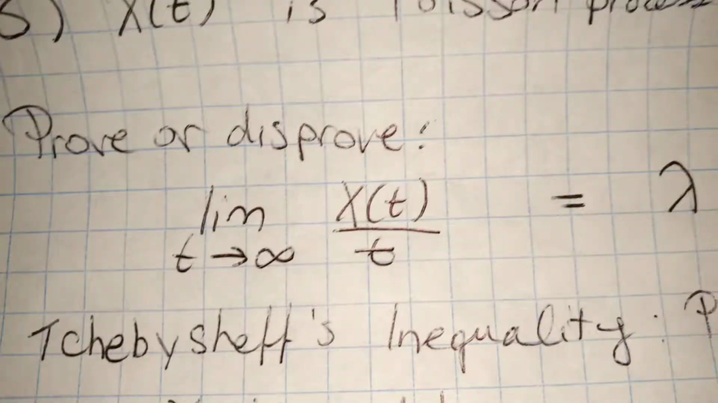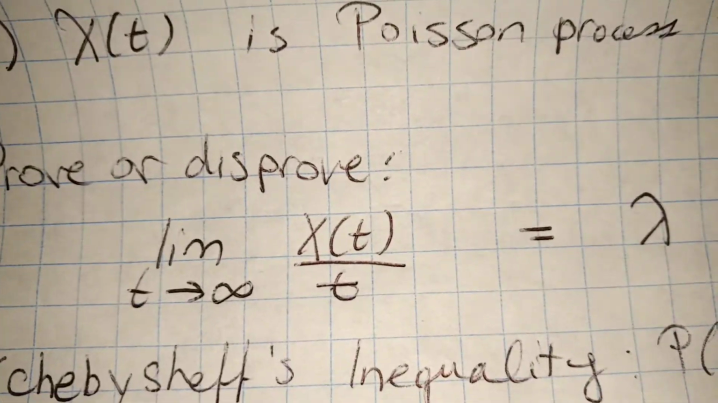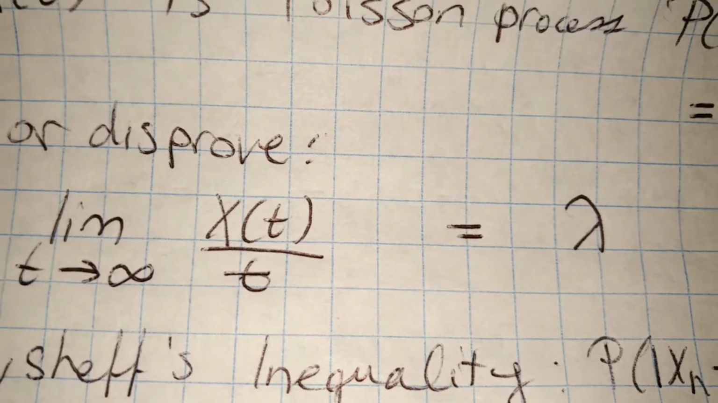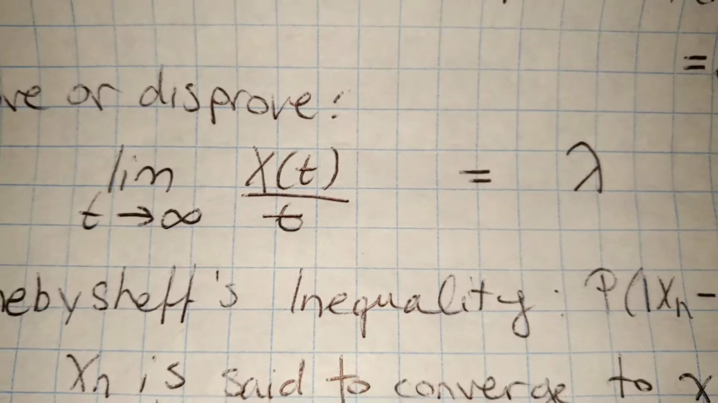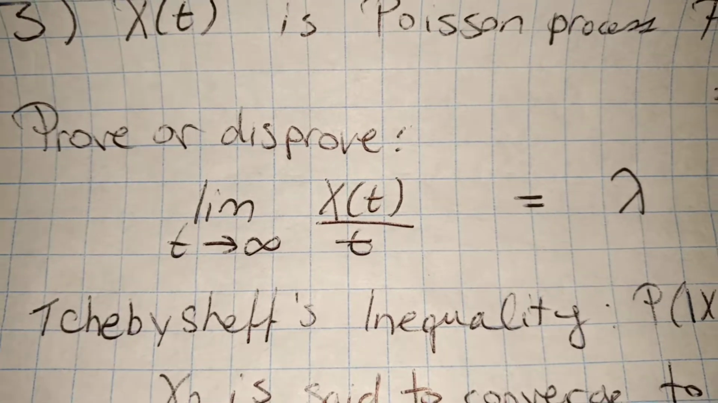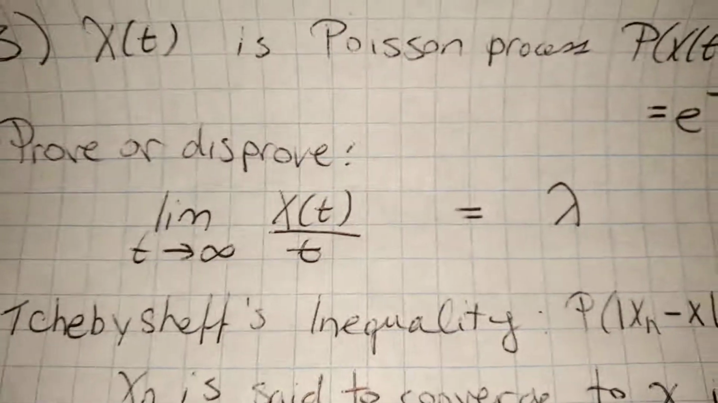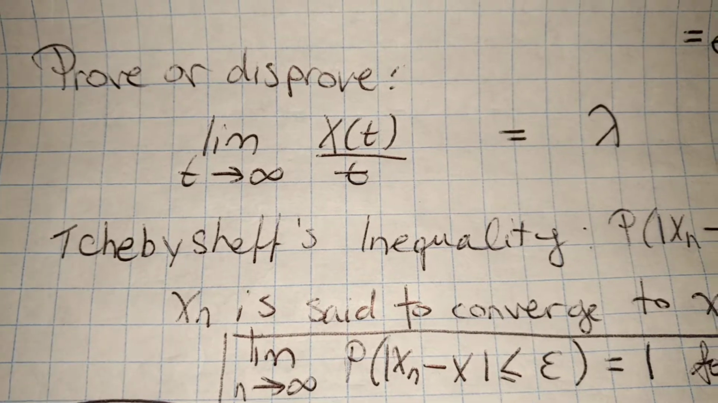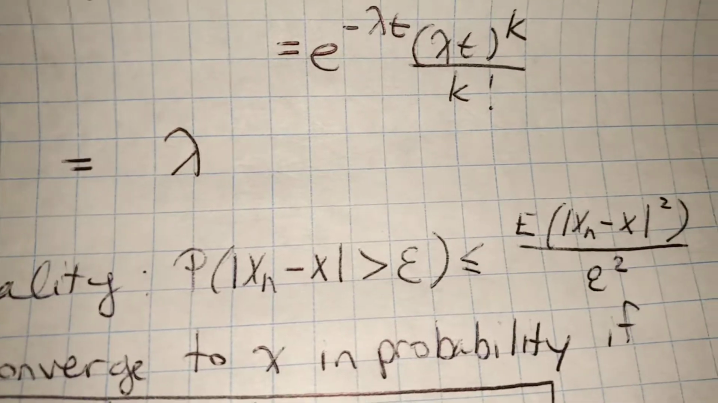And so we're asked to prove or disprove that the limit as t approaches infinity of X(t) over t is equal to λ. So there's a couple of tools that we use in order to prove this. This question does get a little bit messy, but basically by Chebyshev's inequality, we have that the probability of